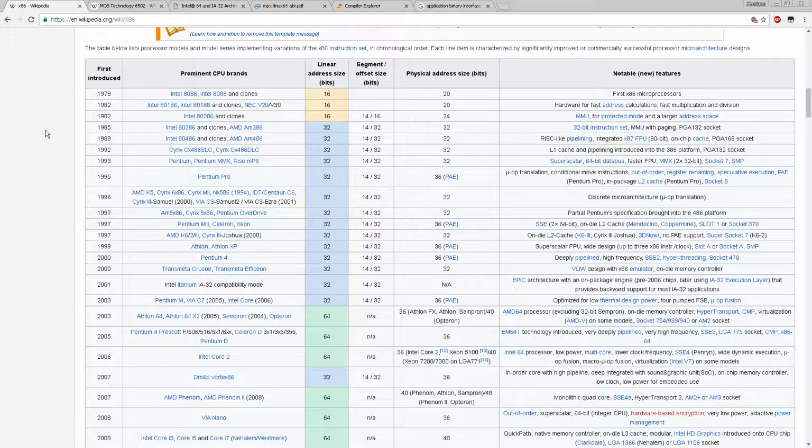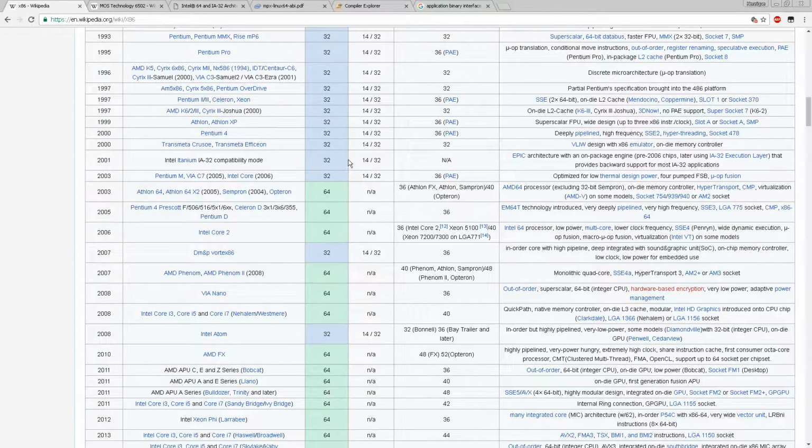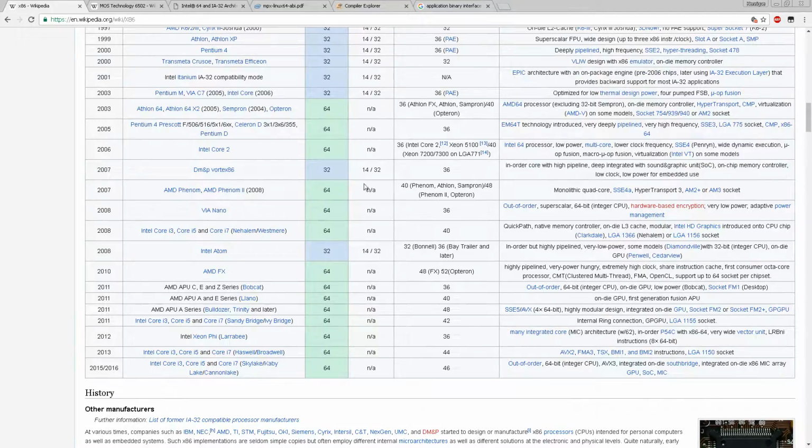and the first 8080 and 8088 were created, 16 bits and 32 bits, and then it gets to where I was looking: 64-bit, in the introduction of the 64-bit CPUs with Intel. AMD actually was the first one to come up with it in 2003. But it wasn't until the Nehalem, at least that's my experience, that 64-bit was actually used